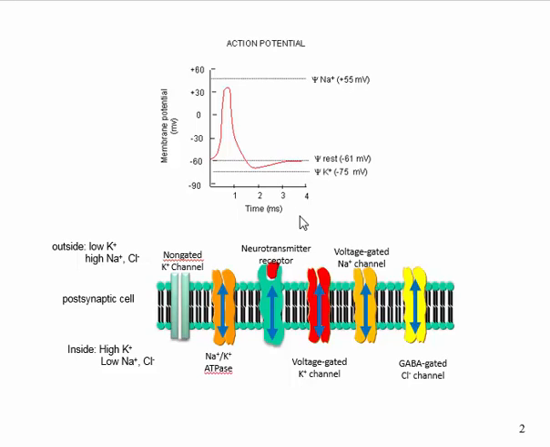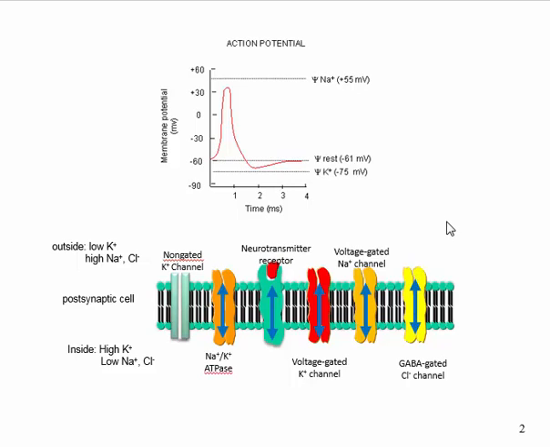So again, this is all gated by a series of channels and of course the prime player, the sodium potassium ATPase, which helps establish this imbalance in ions, sodium and potassium across the membrane. There's one other player here that we haven't talked about. This is also a neurotransmitter receptor. It's when a neurotransmitter binds, and this time GABA. It's a neurotransmitter. It opens this as a receptor, but this time